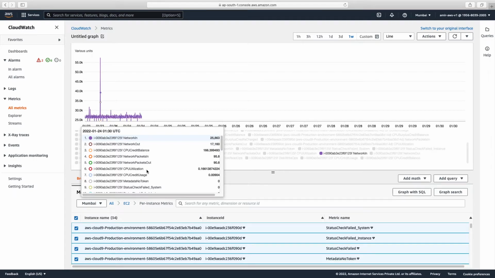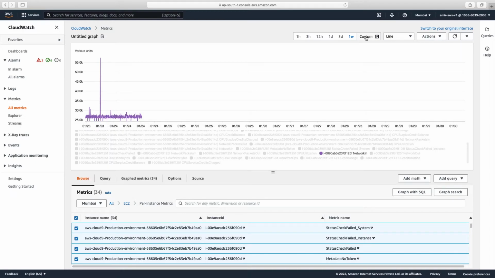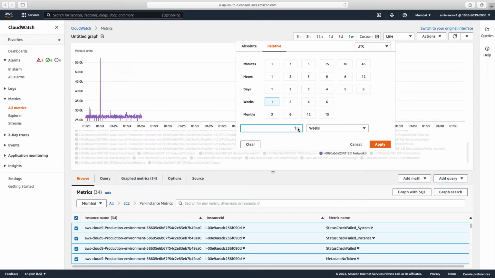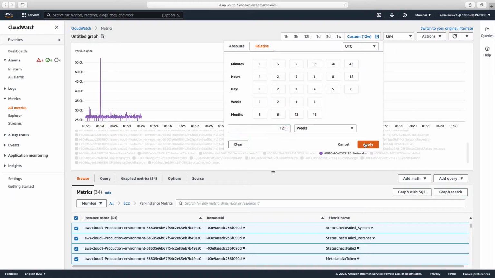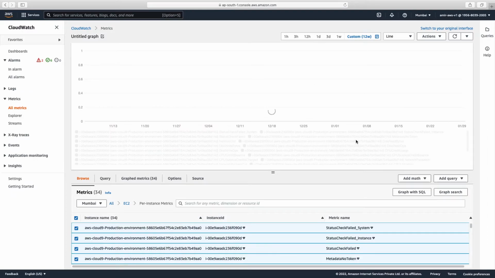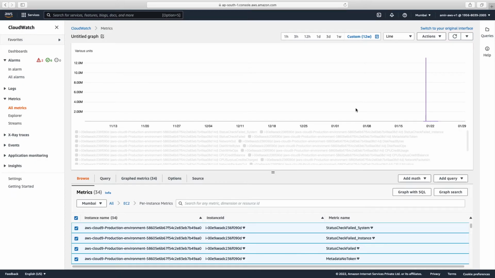Basically what we are seeing are multiple portions of the EC2 instance: network in, network out, all the configuration provided by this. Let's switch to 12 weeks, apply. Okay, so mostly it was used during this duration. So we all know now